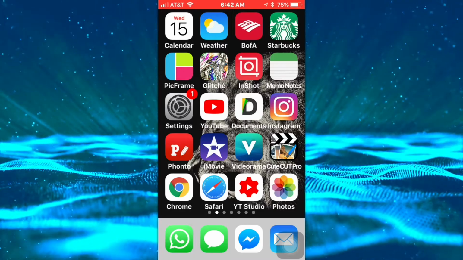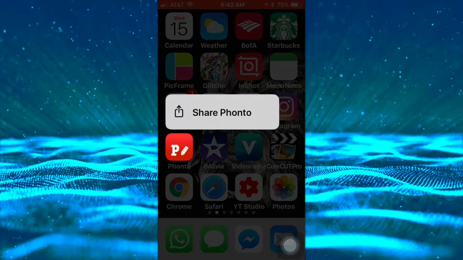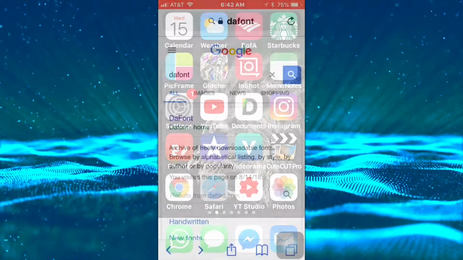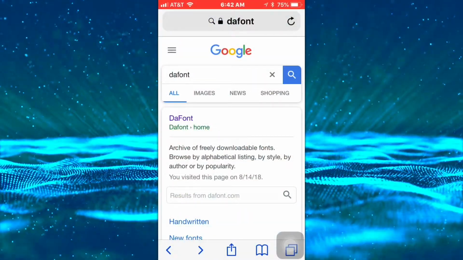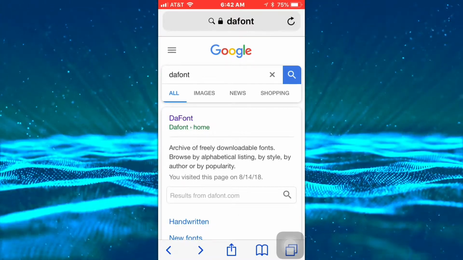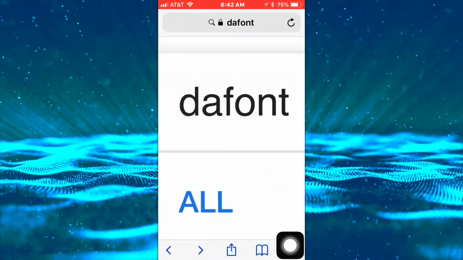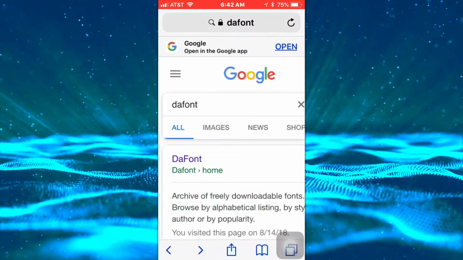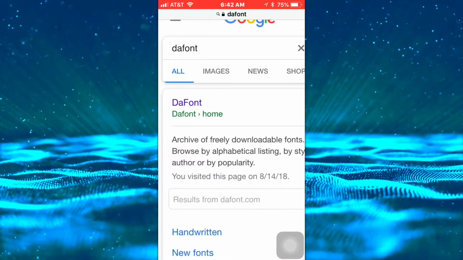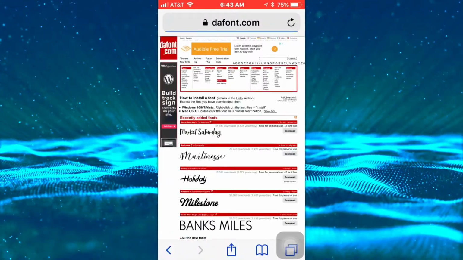If you wanna install a new font in your Phonto app, this is the way to do it. We're gonna use Safari in this case. You can do any browser, that's fine. And you're gonna go to Google and tap the font like this, the font. And then once you get the result, you're gonna tap on the first option, and then you're gonna see this